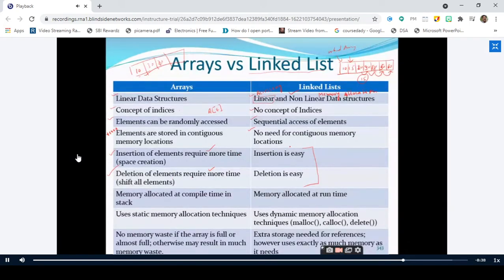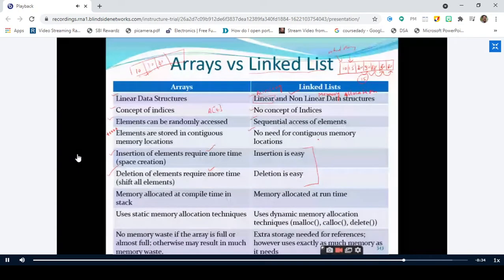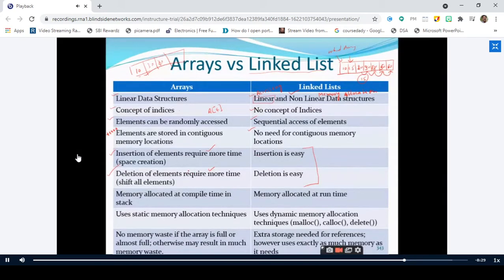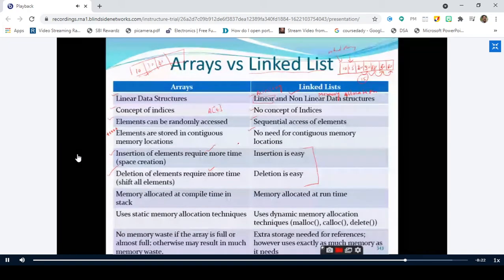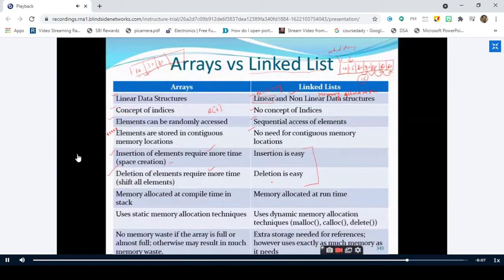But insertion and deletion is a very easy process in the linked list. We'll see how it is easy. Not that easy, but when compared to arrays, which involve a lot of movements, it is nothing but an operation. Thereby we are increasing what we call the time complexity. We are increasing a lot of time complexity in insertion and deletion using arrays, because we need to move a lot of elements either to the right hand side or left hand side. But insertion and deletion is a very easy process in the linked list. We'll see all this.